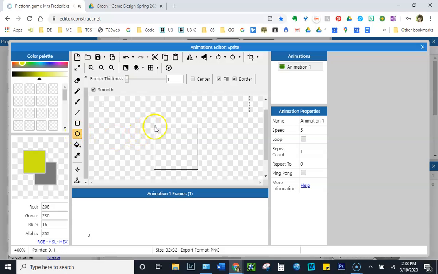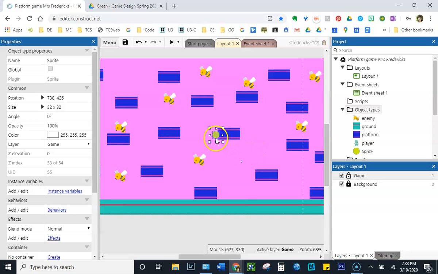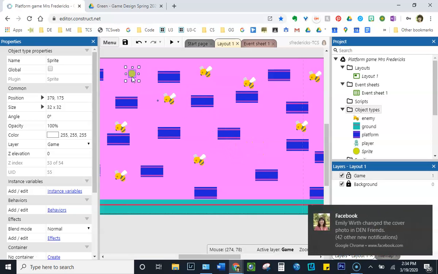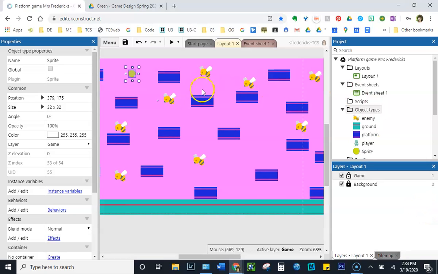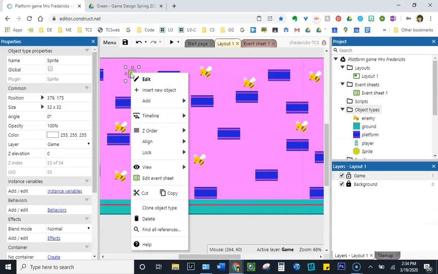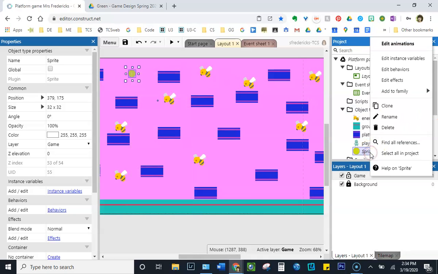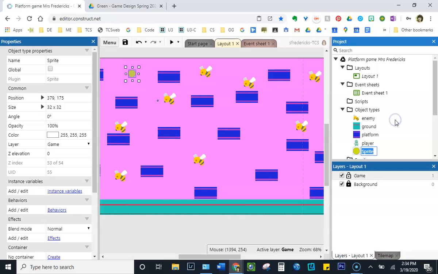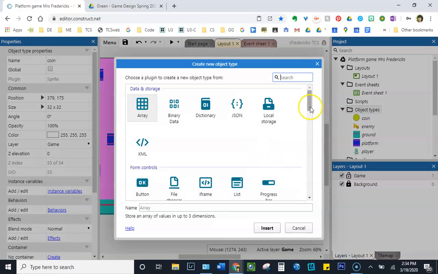Now if I hold the shift key down while I draw, it'll be a perfect circle. Alright. I'm going to right click and I'm going to rename this coin. Okay, and I'm going to get another object, another sprite,